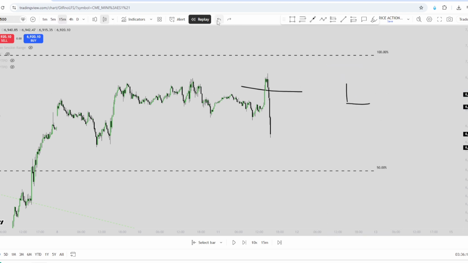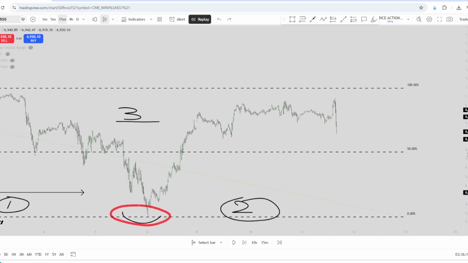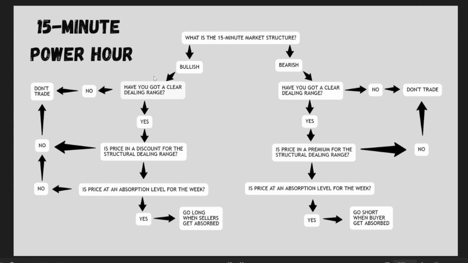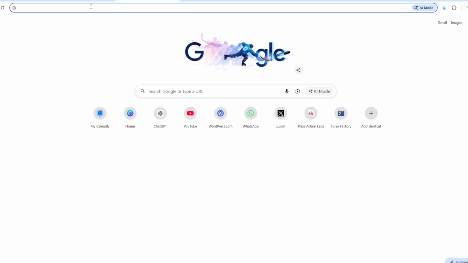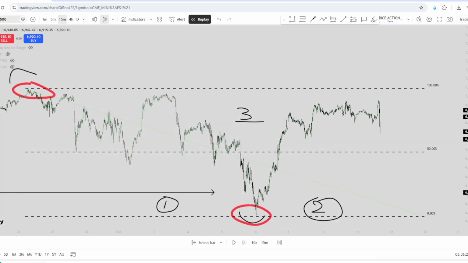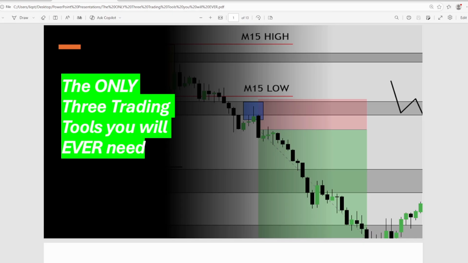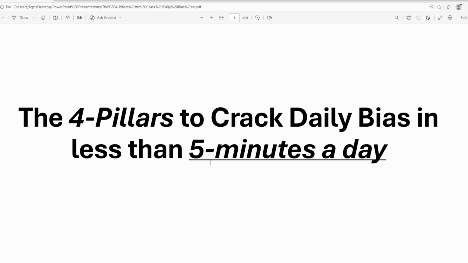The mistake that I see traders make is they try to jump into trades without having the narrative in place. The narrative comes down to this flow chart over here. Your narrative simply comes down to how well you can read markets. Very important to understand that. How well do you read markets? How well do you understand the story? So let's break this one down. The four pillars to crack daily bias in less than